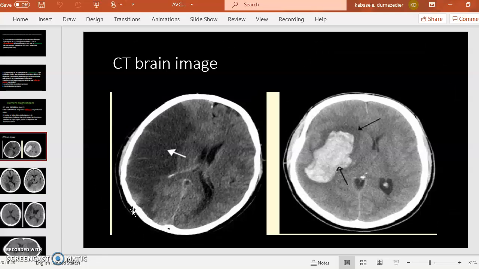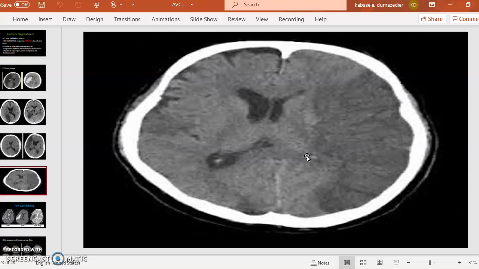And I wanted to share another image. You can see here two different ones. Here you can see a full dark area, which is an ischemic stroke, and here you can see a hemorrhagic stroke. That means it is fatal for the patient, but we can prevent it if we know and if we work together to save a lot of patients.